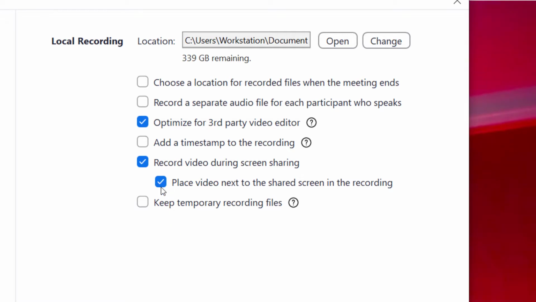Now, one thing to note on this one that I did with place video next to the shared screen, sometimes that just minimizes the shared screen. So if you have very finite details that you're trying to show off, sometimes you do not want to have that selected. But here's the big reason I'm showing you this recording panel,